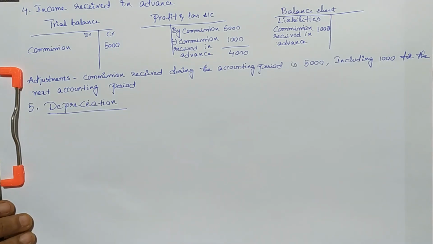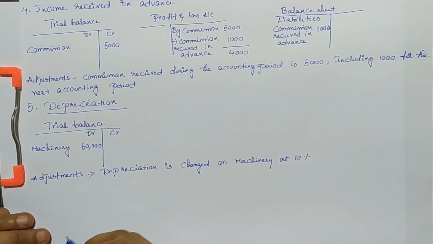Next adjustment is related to depreciation. Now we are going to discuss the depreciation adjustment in different combinations. Usually in the adjustments, we find depreciation charged on fixed asset with some percentage. Sometimes we get depreciation along with provision for depreciation. In that case, how do we adjust the depreciation amount in the profit and loss account or also in the balance sheet? First, we will discuss the common adjustment that we encounter most of the times.